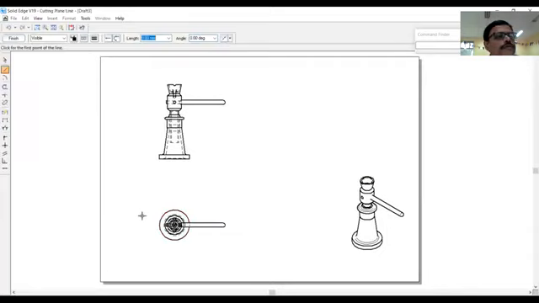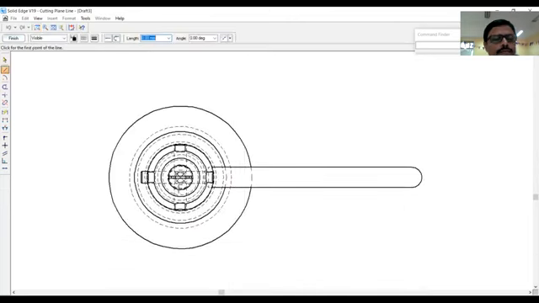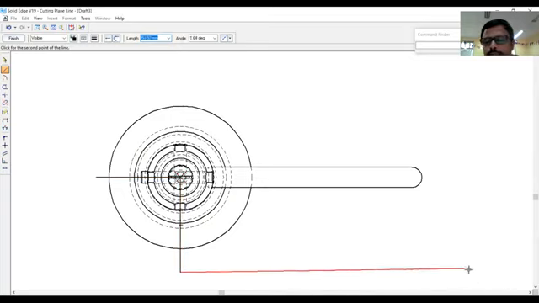Now you have to draw the line. First zoom for selecting the view. This is the line for section plane.